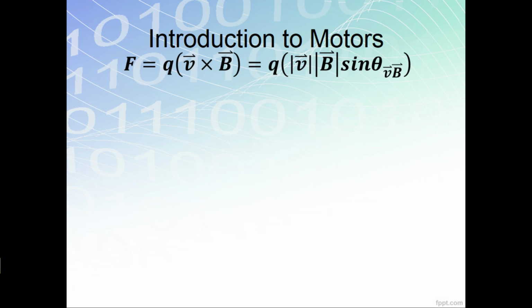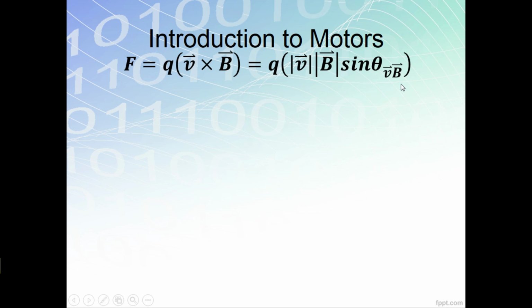Again, the Lorentz force equation is equal to the charge multiplied by the vector product of the velocity and the external magnetic field. If we evaluate the vector product, we arrive at an equation equal to Q multiplied by the magnitude of the velocity, multiplied by the magnitude of the external magnetic field, multiplied by the sine of theta,